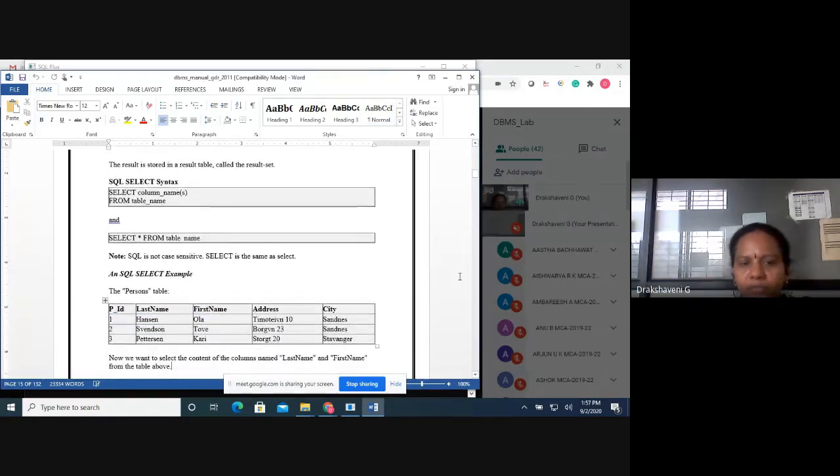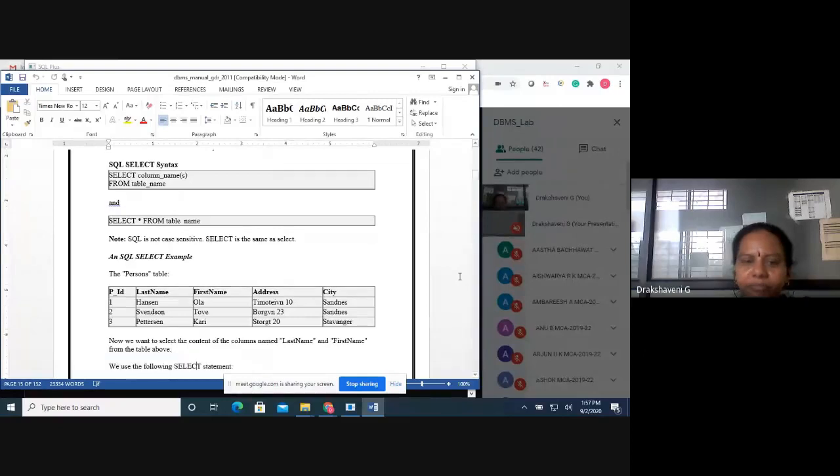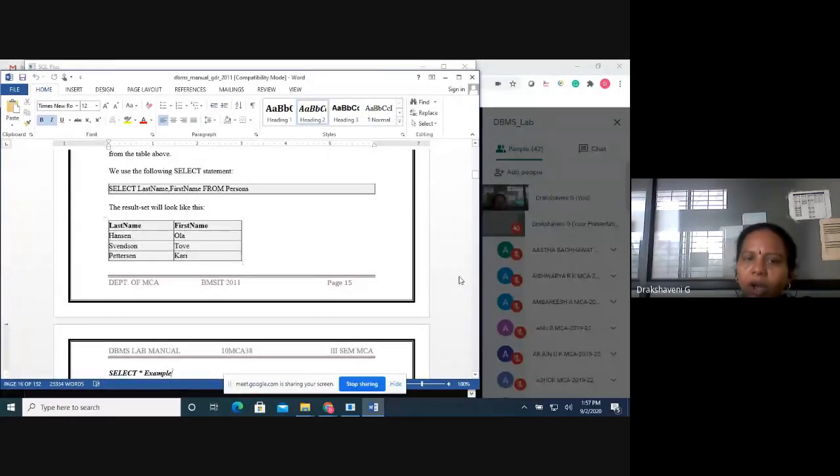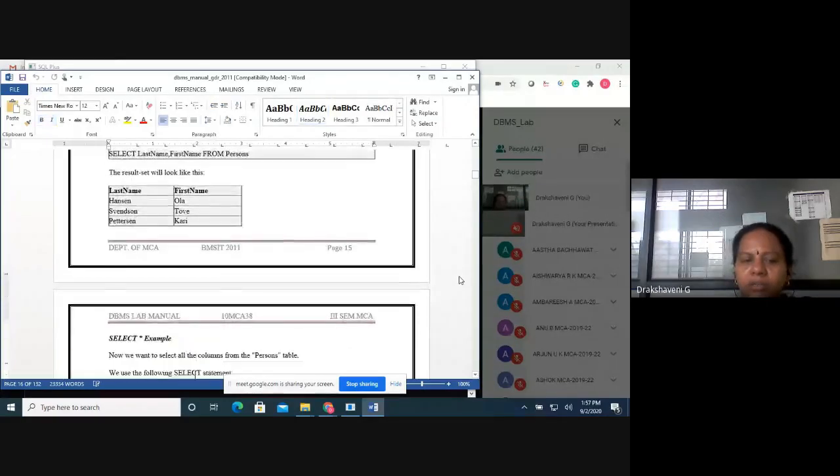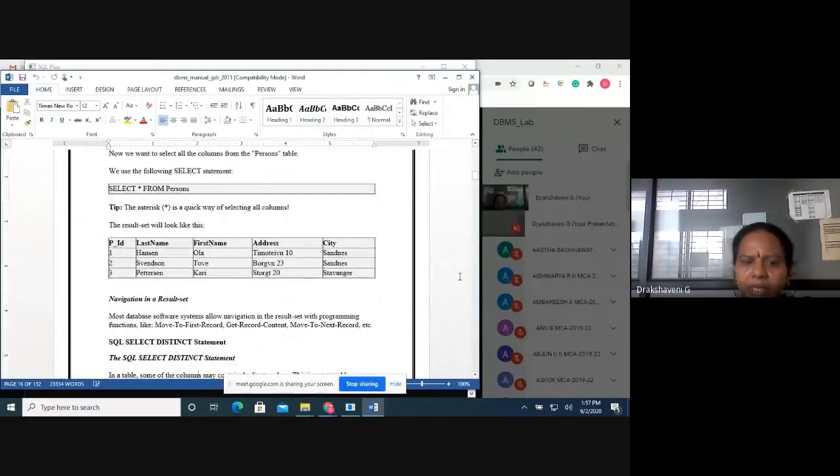Here the table name is person. When you select star from person, whatever columns are there in person will be displayed something like this. Or you can give it based on your query, what you want. We will see them one by one.